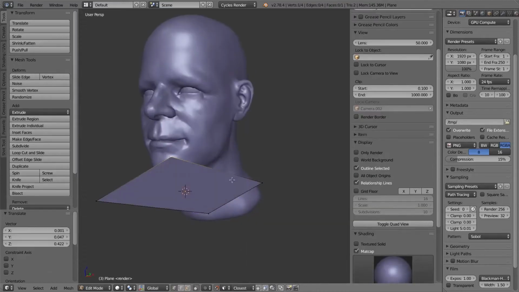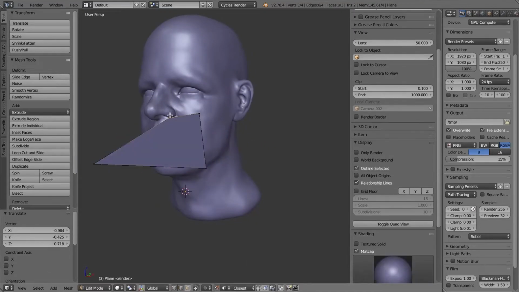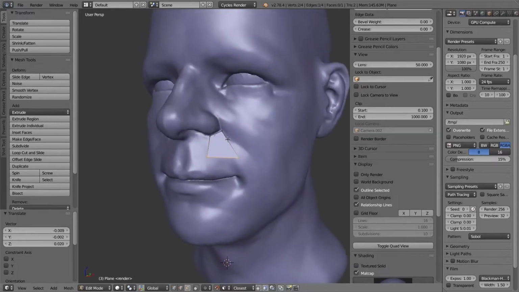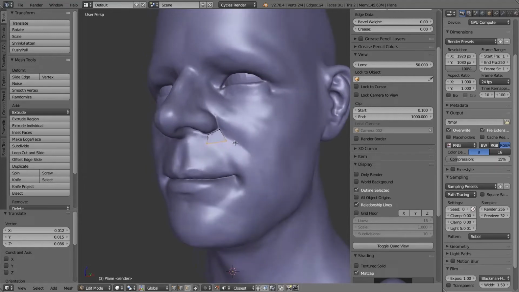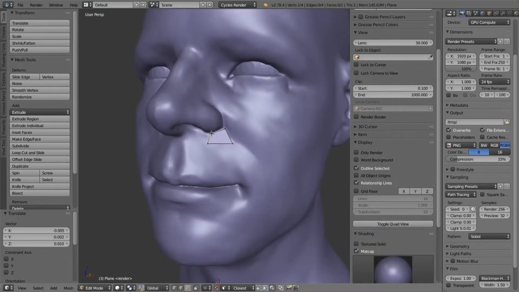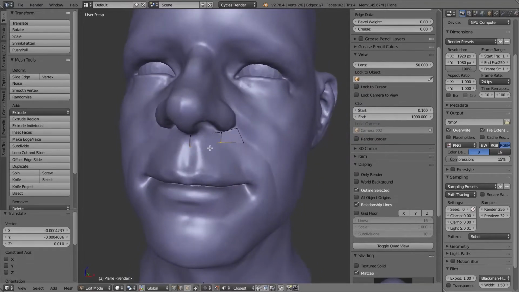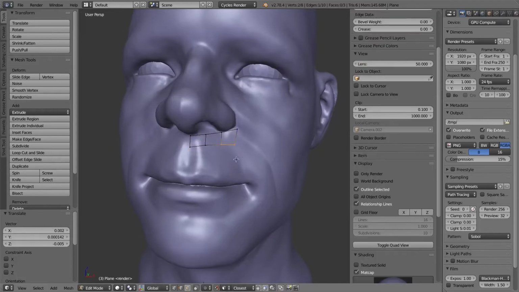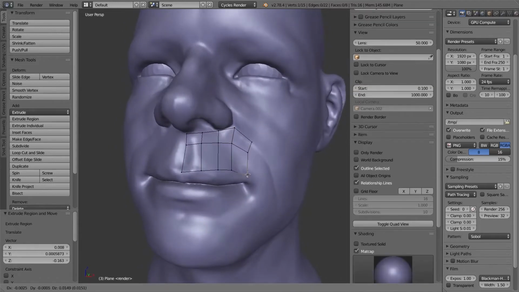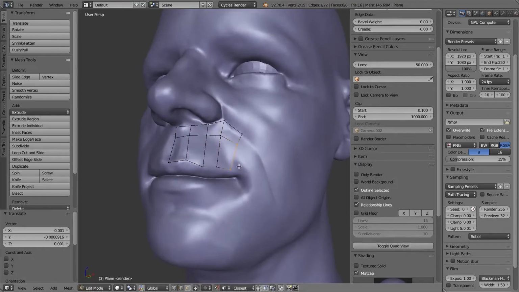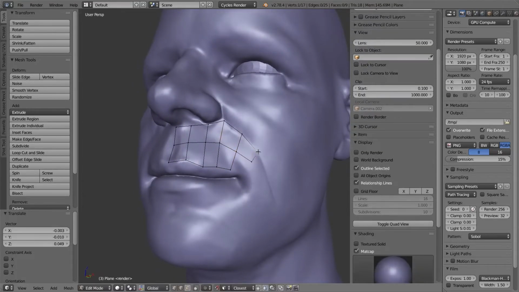And here I am starting the actual topology work, since I was using the dynamic topology, and I have all the major shapes in there, so I might as well start the retopology. So I'm using very basic tools. Actually, the tool I'm using is a custom one that I scripted myself, but it's basically just invoking the regular modeling tools from Blender.